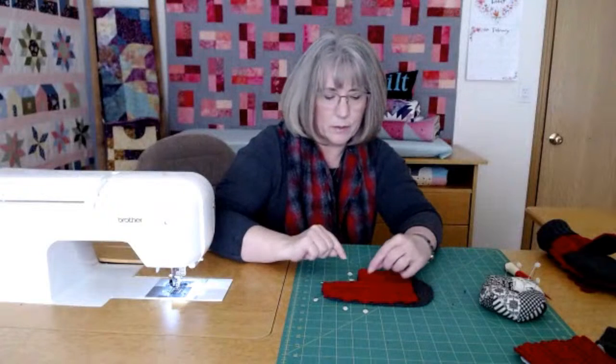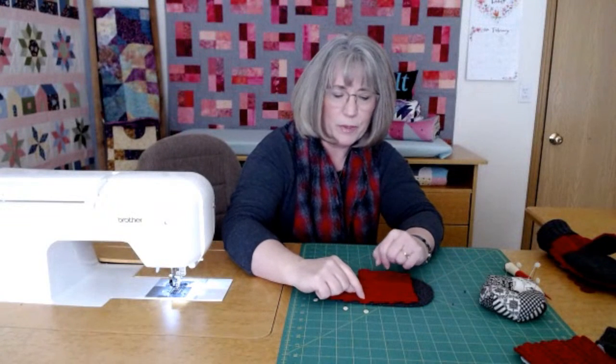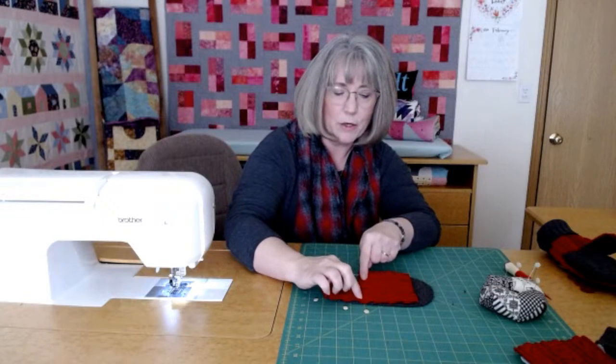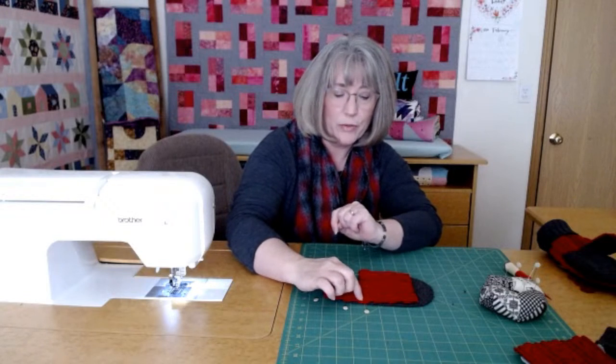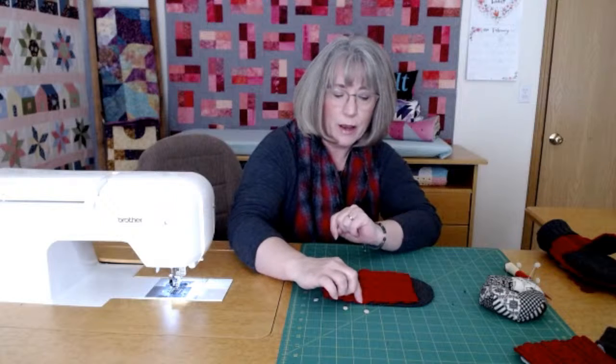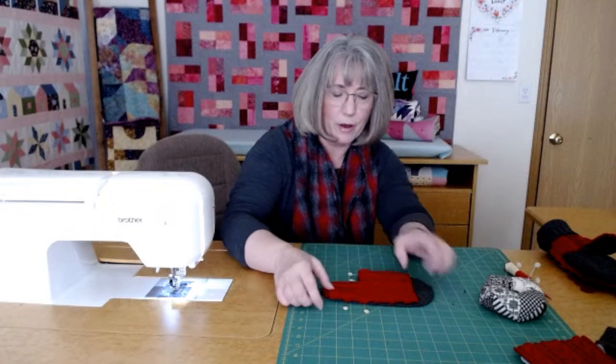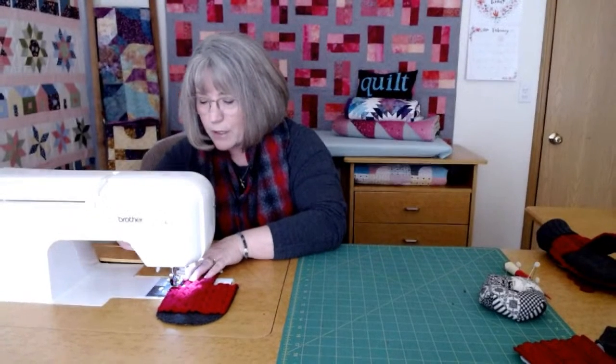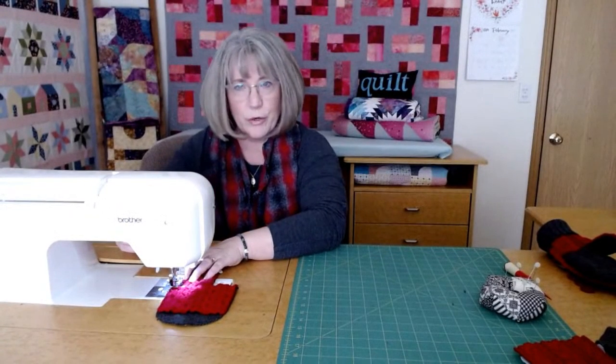We are going to be starting our stitching, and I've placed my pin just a little lower than that palm seam. So I'm going to start just in front of that pin with a secure stitch there, and then move my way up around the thumb. As I put it under the machine, I'm going to use about a 3/8 to a 1/4 inch seam